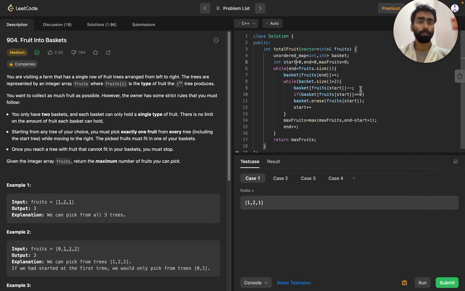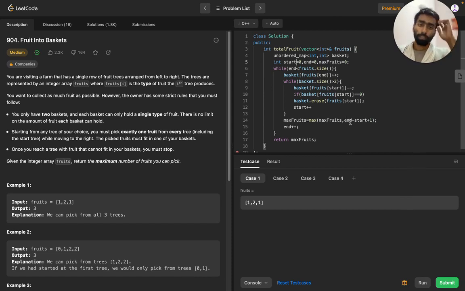If so, then we will decrement the number of fruit that is being added, and we will also check if the number of fruit of that type is 0. If it is 0, then we will erase that fruit from the map, and once we do that, we will increment the start pointer to its right, and after that we will get the maximum number of fruit either we have got already or we are now getting.